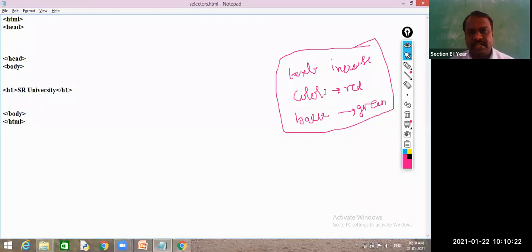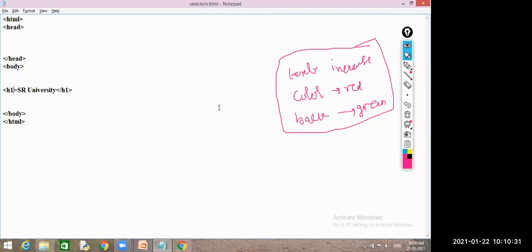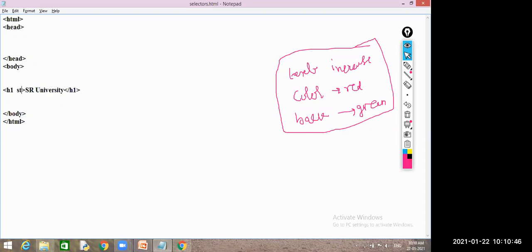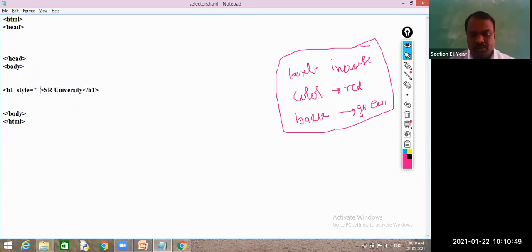Next, what is my next job? I want to change its color to red. So how do you want to implement this? By using CSS. So I will go for inline, and I want to write the property. Which tag do I need to use to write inline CSS? Style. Very good. The style attribute, and I need to assign the values in between. So what is my first aim from this? I want to change its color to red. So which property do I use to change the color?